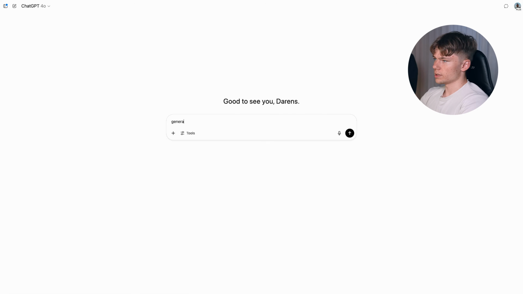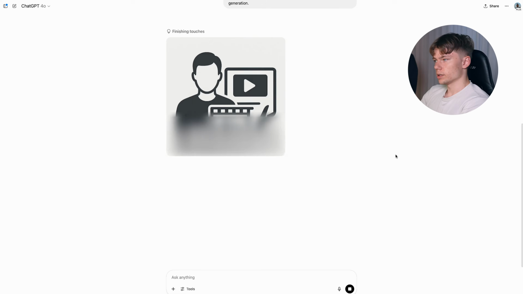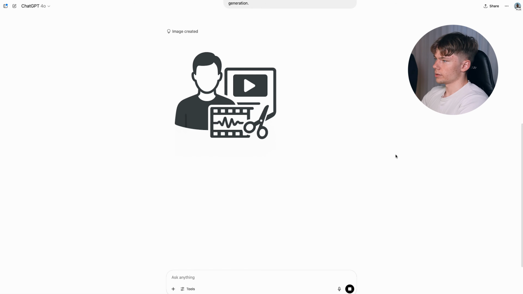The prompt that I will use is generate me a PNG image of a vector icon representing a video editor, make it modern, minimalistic, and sleek in design, and also include a person in the generation. So let's see. So it took like 10 seconds to create this icon. While I think it looks good, I would like to remove the scissors and just keep the person and the